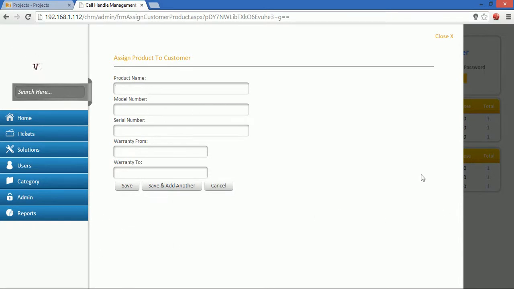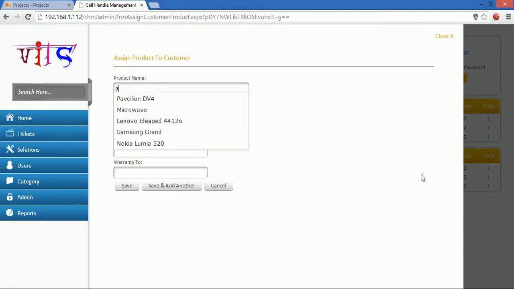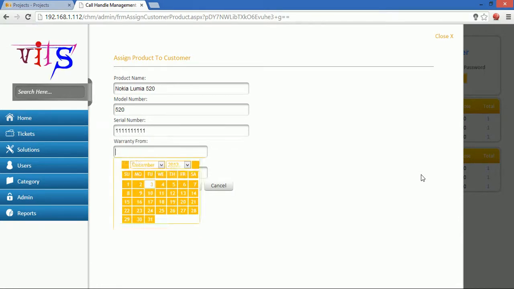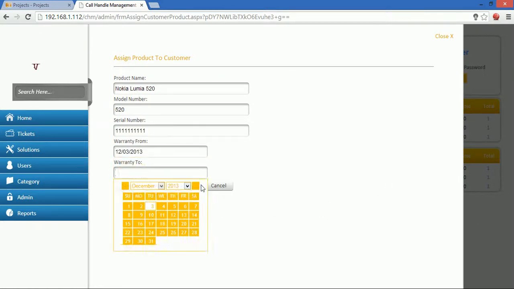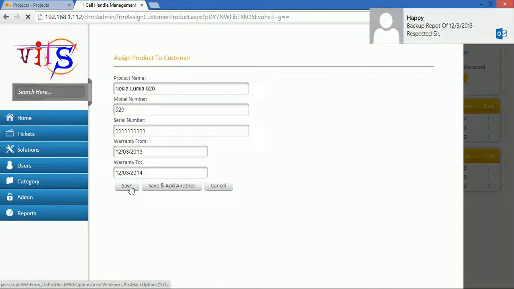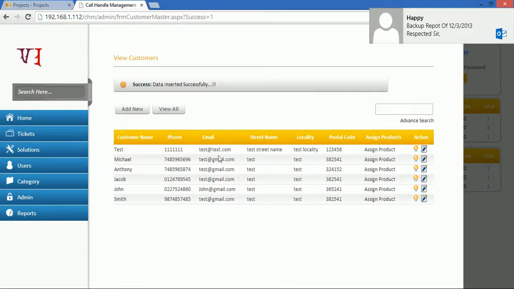If I define a product like Nokia Lumia 520s, model number is 520s, serial number is 11111, warranty from today's date, and warranty to next year's date. Then save. Here you can see the data inserted successfully message.